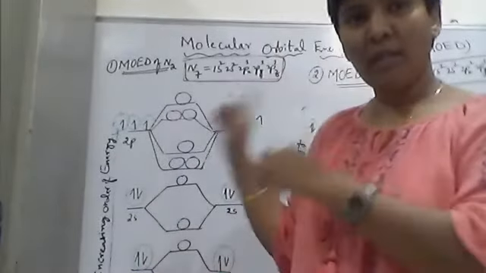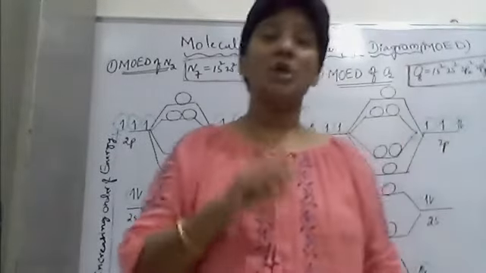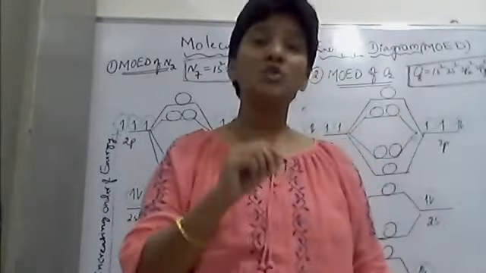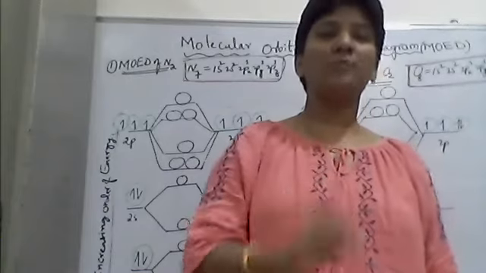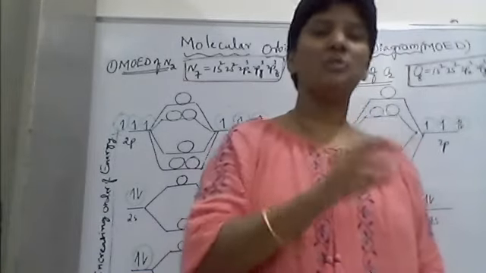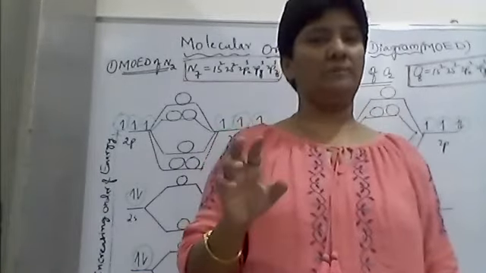So the molecular orbital theory is used to calculate bond order. And note one more point, it is very, very important. The maximum bond order between any two atoms is only 3. Between two atoms, you can put a maximum of 3 bonds. The fourth bond is impossible.